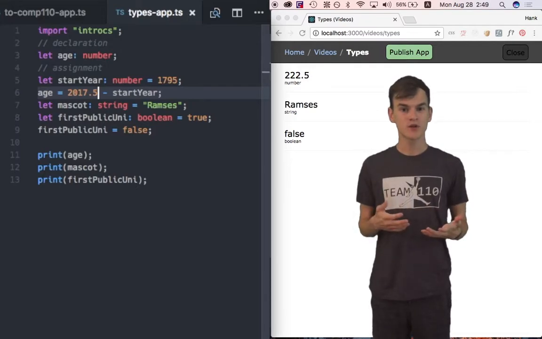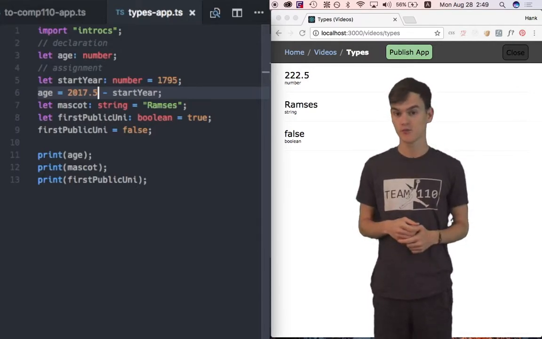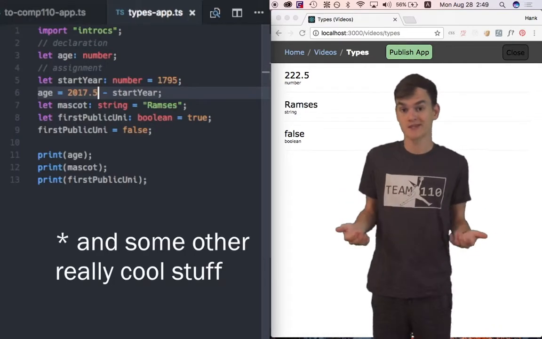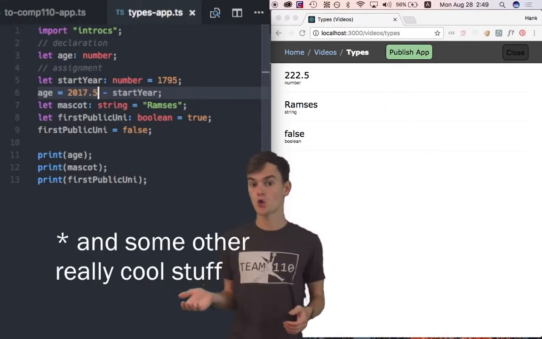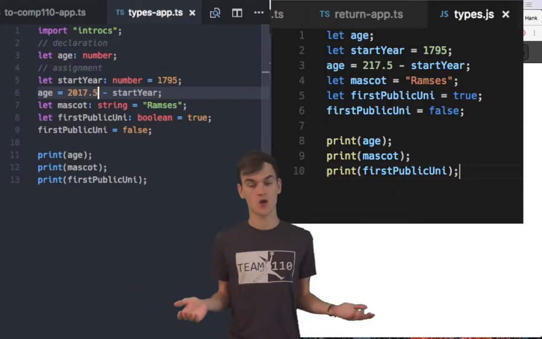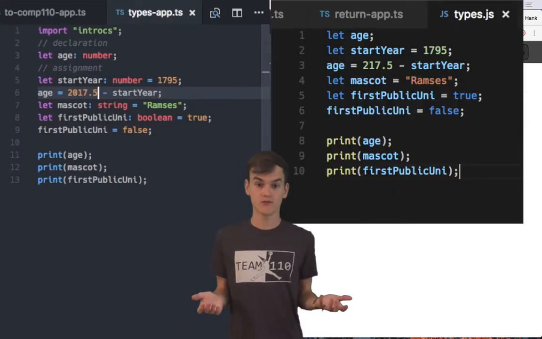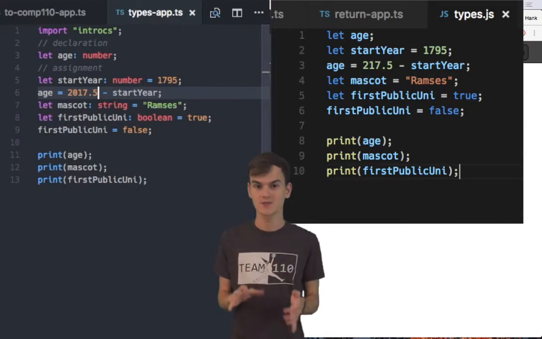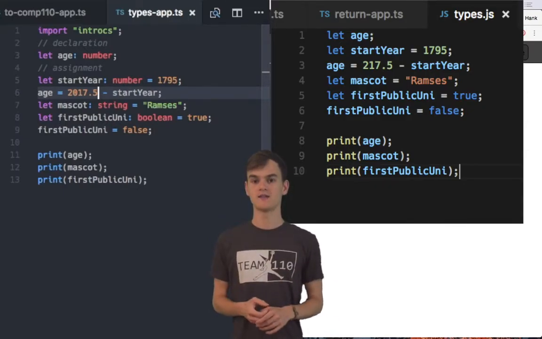So you might have heard of JavaScript before, which is a different programming language. TypeScript is really just JavaScript with types added. So here's the code we just wrote. This is what that code would look like written in JavaScript. And so in JavaScript, the computer tries to figure out what the types are itself, and TypeScript allows us to specify that